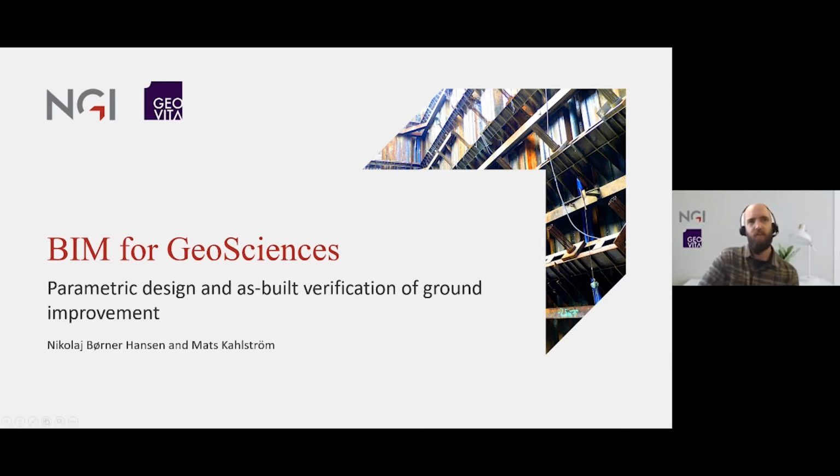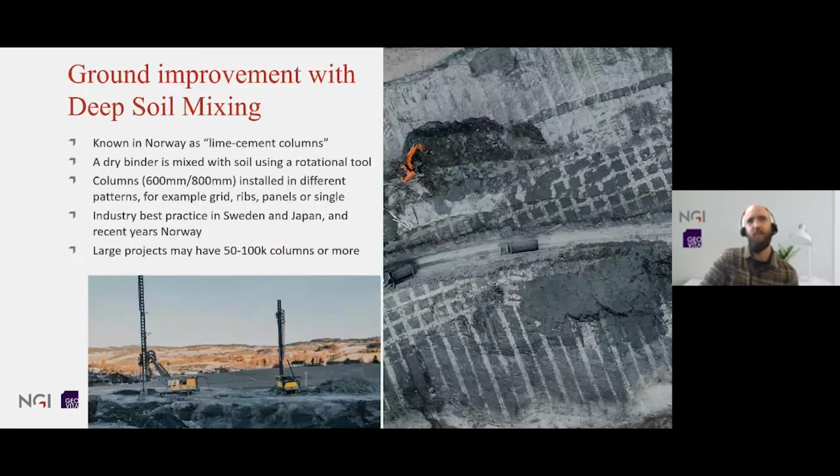So there are several methods to improve the strength and stiffness of the ground. We can use vibration, impact, or by mixing a binder material into the soil. In this presentation, we will focus on deep soil mixing, known in Norway as lime cement columns or kalkcementpeler. With this method, a dry binder, typically lime and cement, is mixed into the soil using air pressure and a